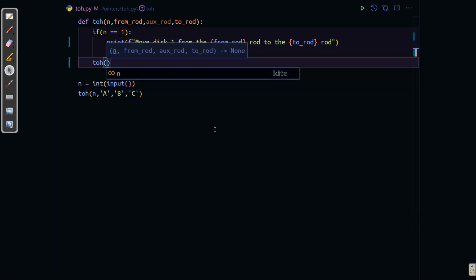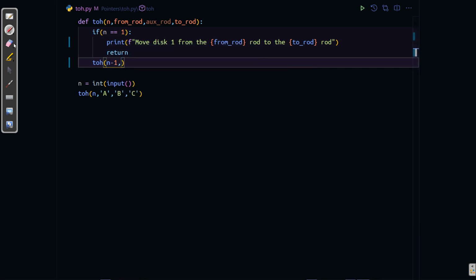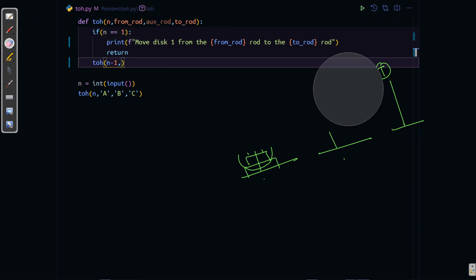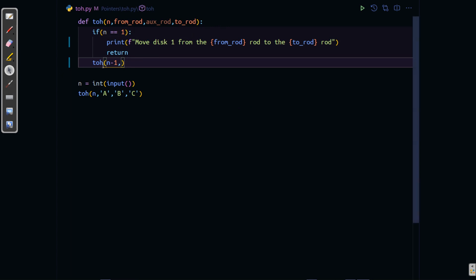Next we have TOH, and we are going to perform it on n minus 1. In this recursion call, we are concerned about moving these 2 blocks, here where we have 3 blocks, from this position to the auxiliary position. So we pass from position to the auxiliary. The auxiliary will be the to rod, and the from rod will be the from rod. That will be our first recursion call. You just have to manipulate the values that we are passing.